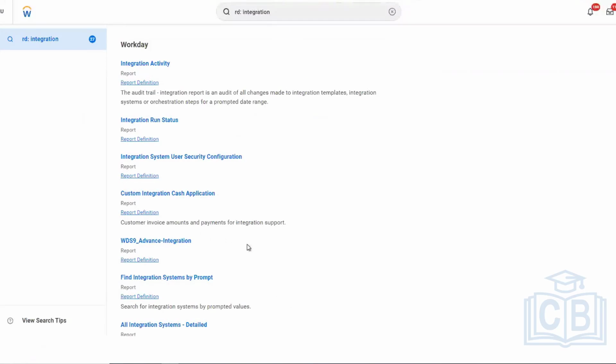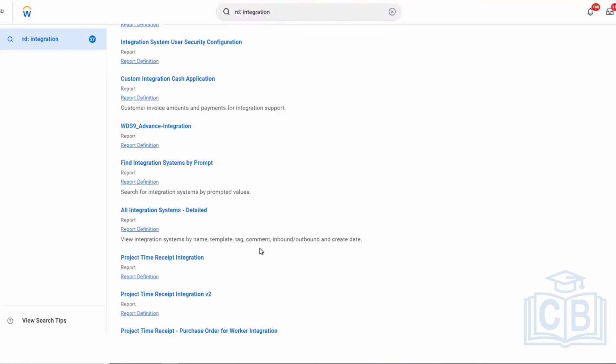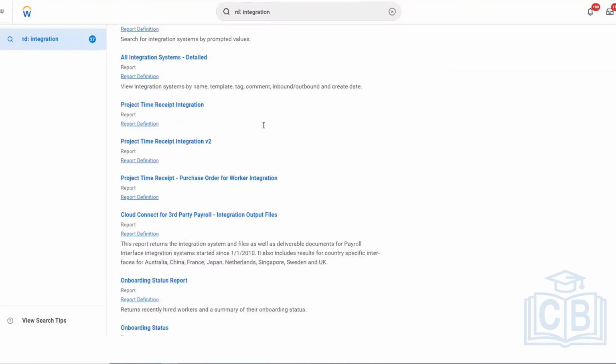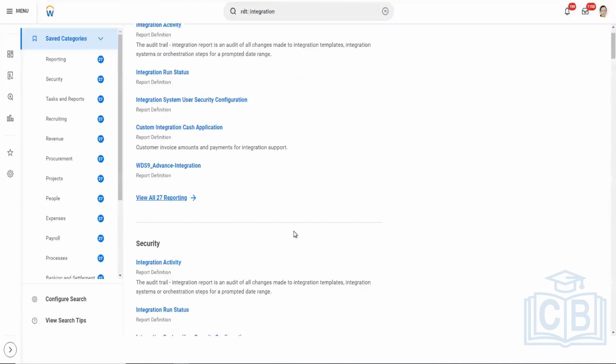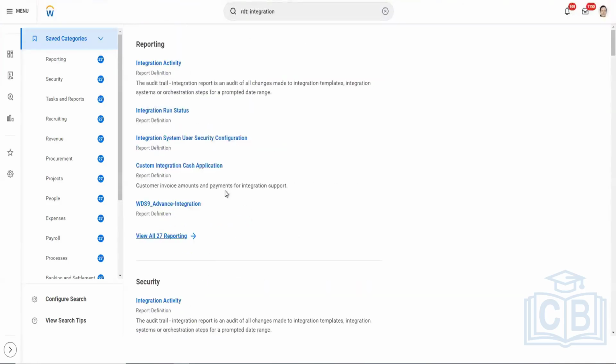So when I search for RD integration, I'll be able to see all these reports. All these report definitions are tagged with report tags integration. So if I open this report in a new tab,